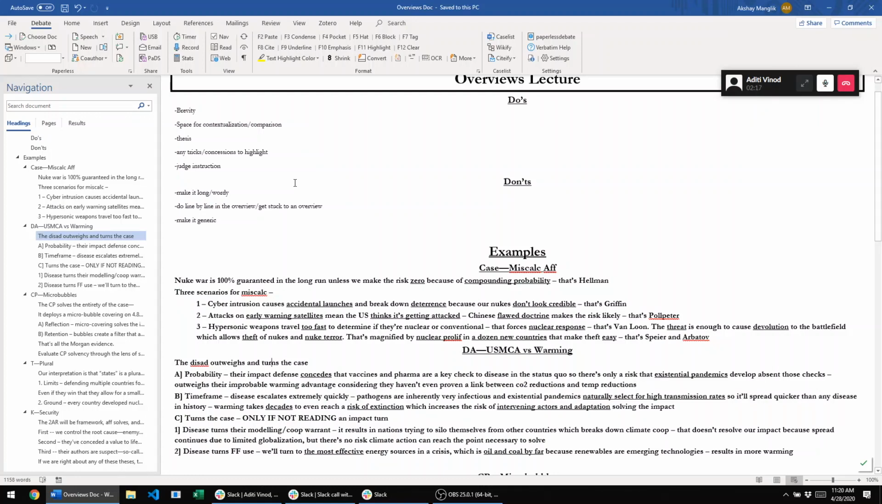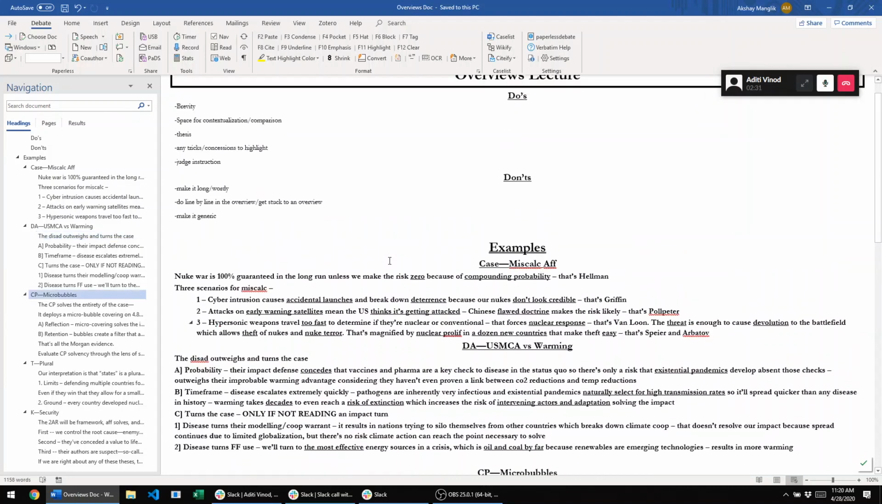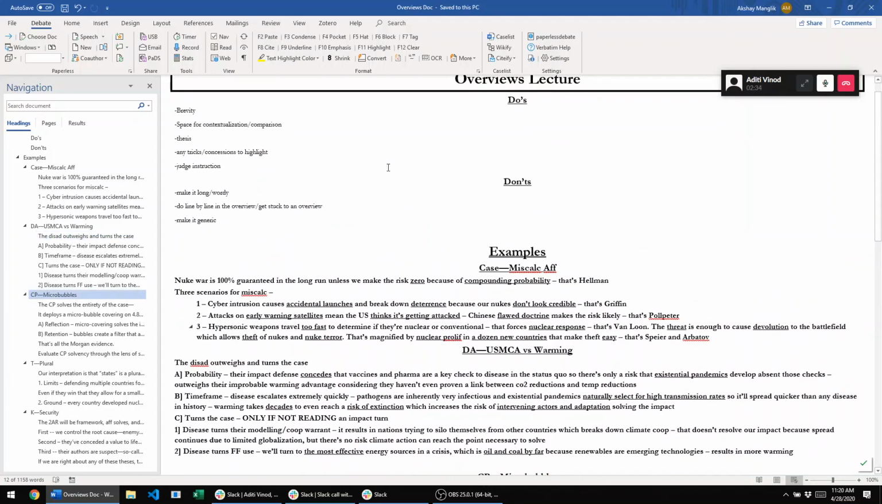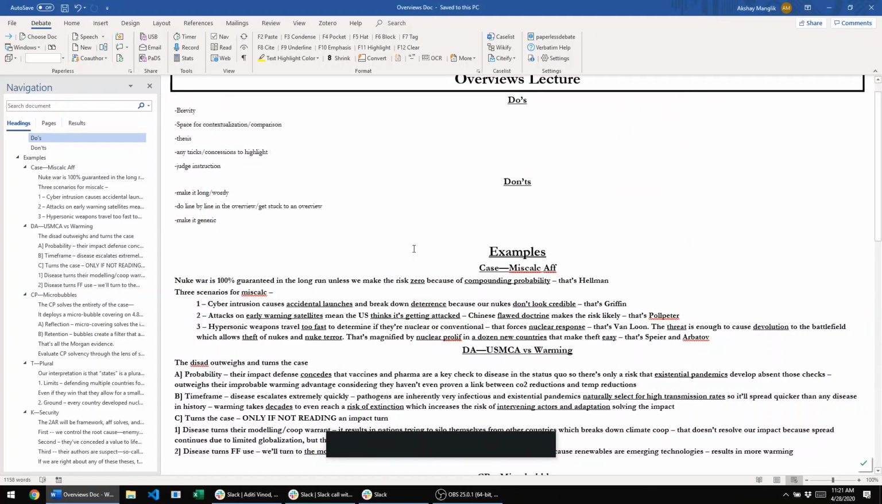In general, the thing you want to start off with in an overview is your thesis. So, for example, with the counterplan, you start with what the counterplan does. For example, it deploys a bunch of micro bubbles that cover a bunch of the Earth's surface. And so with that, actually here, let me also screen share into this call. Okay, so